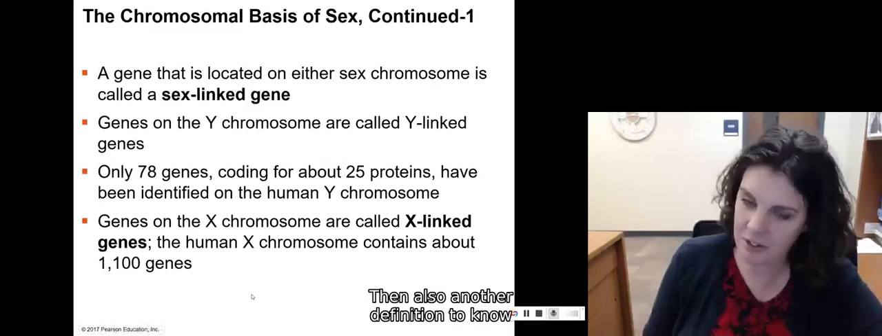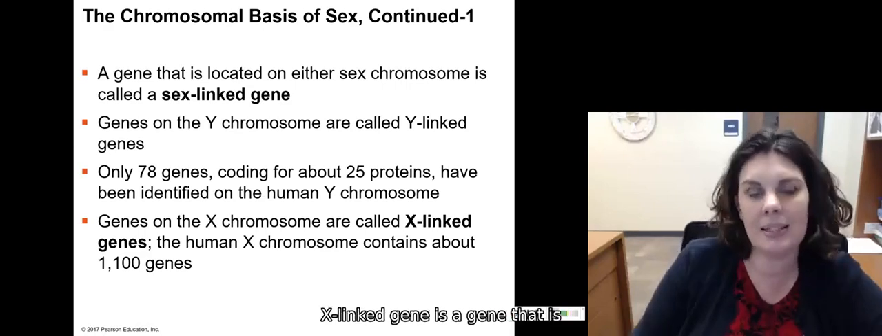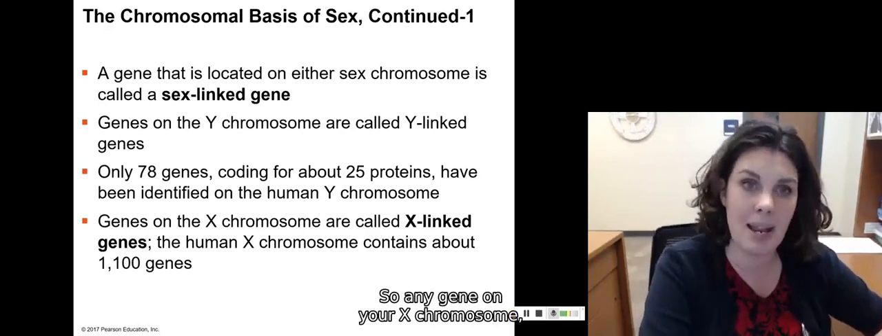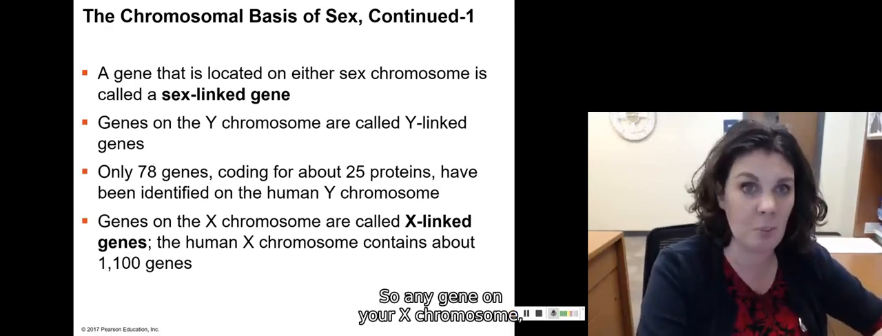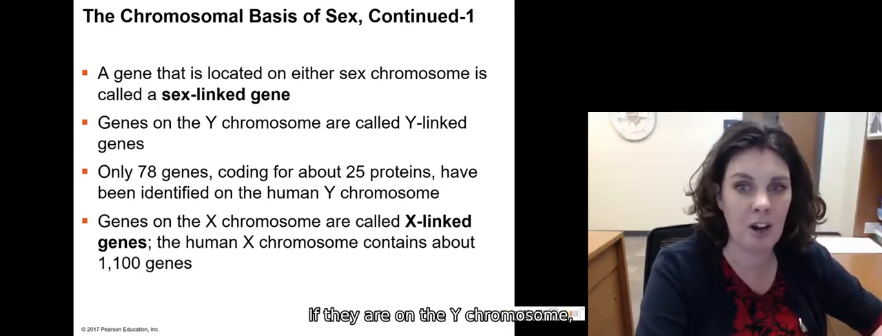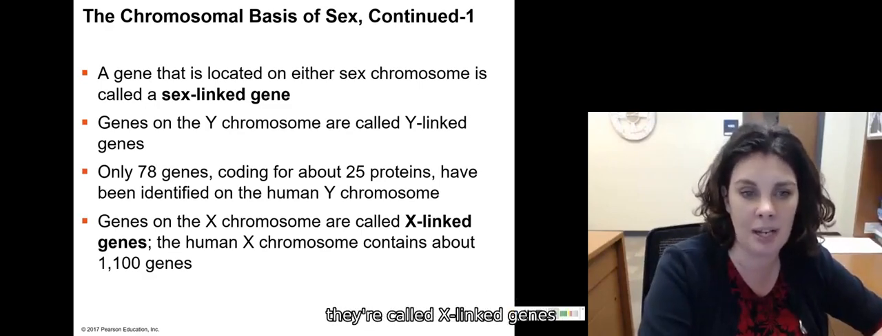So that's kind of the background. Then also another definition to know is a sex-linked gene. A sex-linked gene is a gene that is located on either sex chromosome. So any gene on your X chromosome, any gene on your Y chromosome is a sex-linked gene. If they are on the Y chromosome, they're called Y-linked genes, and if they're on the X chromosome, they are